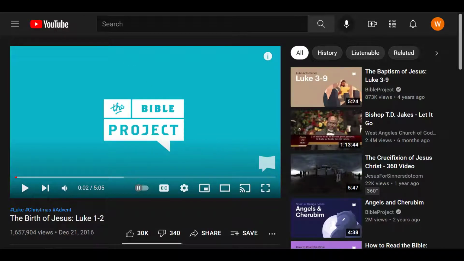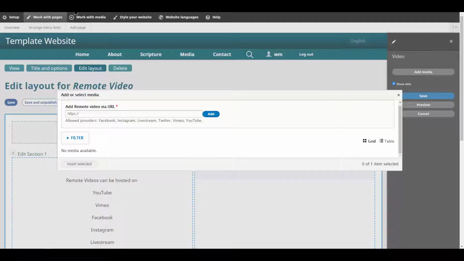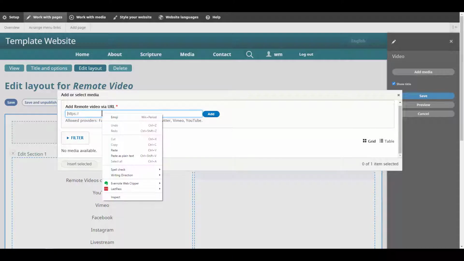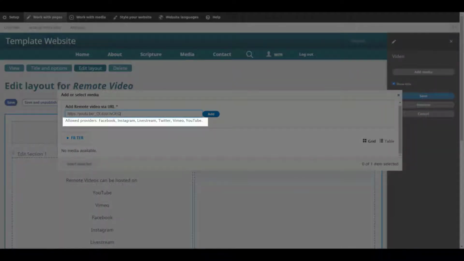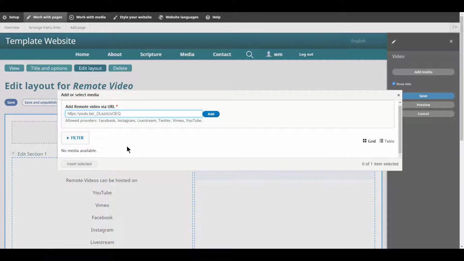Then I go back to my website, and I paste that in here. Also here you will see the allowed providers, which are Facebook, Instagram, Livestream, Twitter, Vimeo, and YouTube. Click Add.